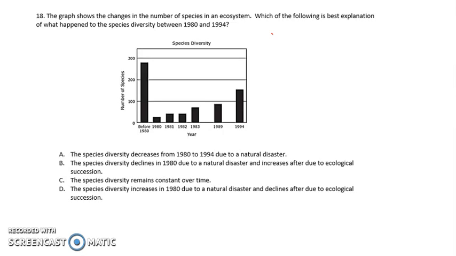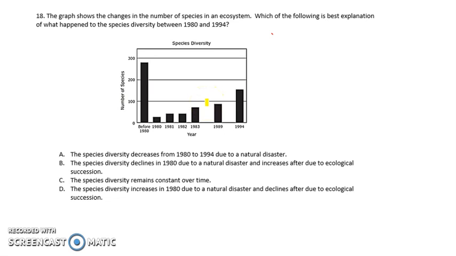All right, let's go ahead and look at number 18. It says the graph shows the changes in the number of species in an ecosystem. Which of the following is the best explanation of what happened to the species diversity between 1980 to 1994? All right, so before we even start looking at the answer choices, let's take